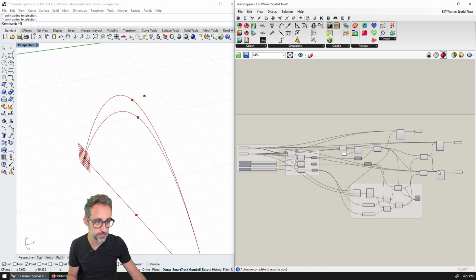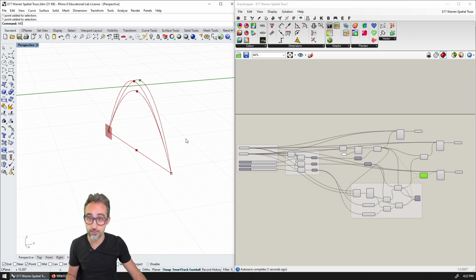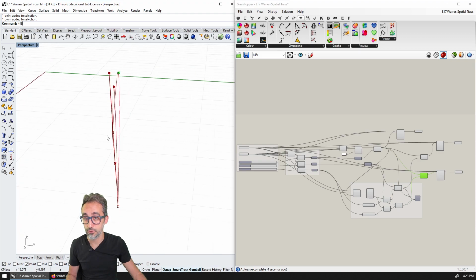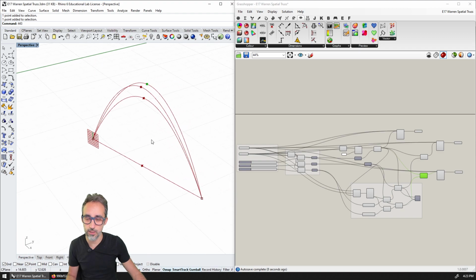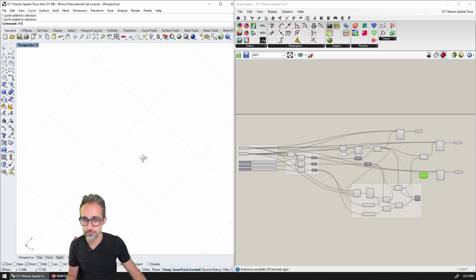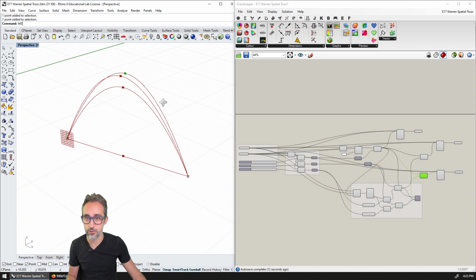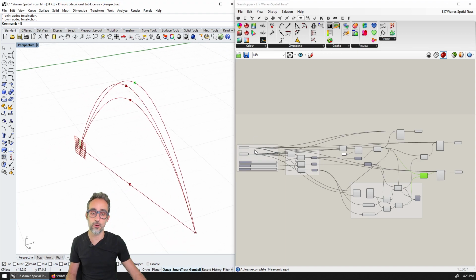Then I'm going to create another interpolated curve. I'm going to copy and paste, right click here and disconnect everything. Then I'm going to plug in the first support, plug in the middle point with the shift, and then plug in the end support. You can see that I have the three arches, each one of them with the base one, and then the two on the top with the opening.